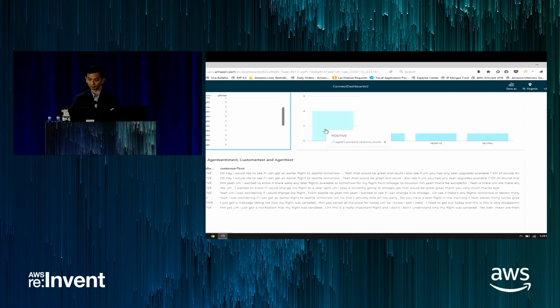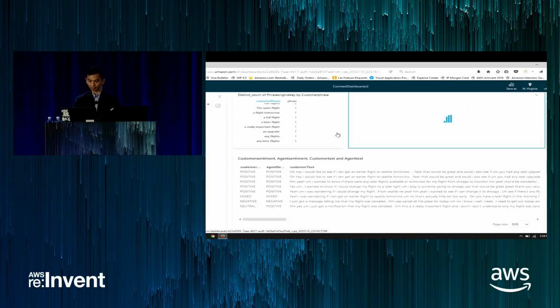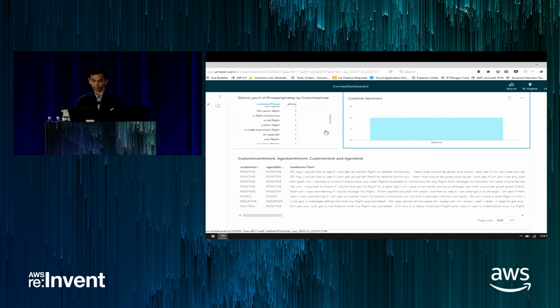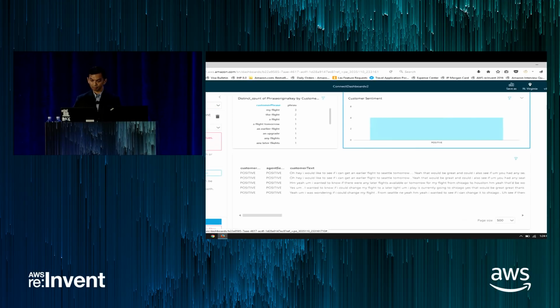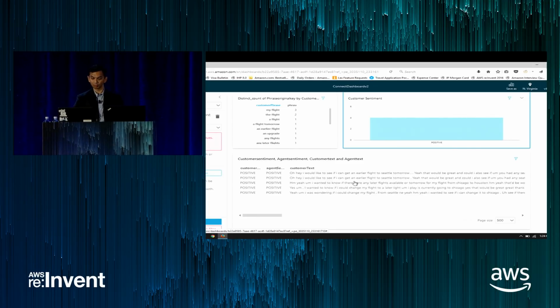A lot of positive sentiment, so happy customers. So let's filter on sentiment. Go in here, filter all the different charts. As you can see, you have the conversation transcripts at the bottom, and you're able to see only the positive conversations. So the first one is, hey, I would like to see if I can get an earlier flight to